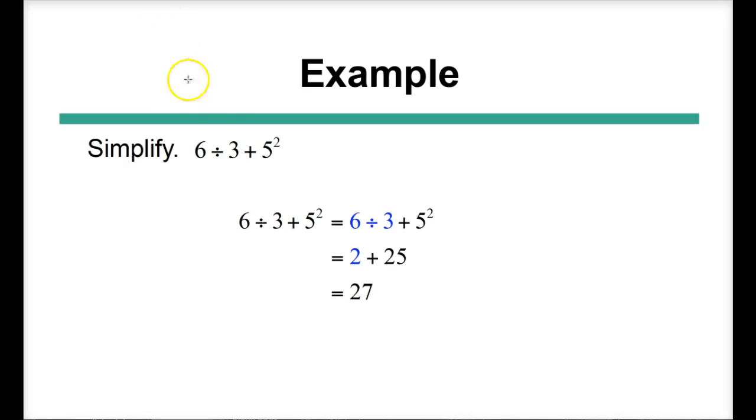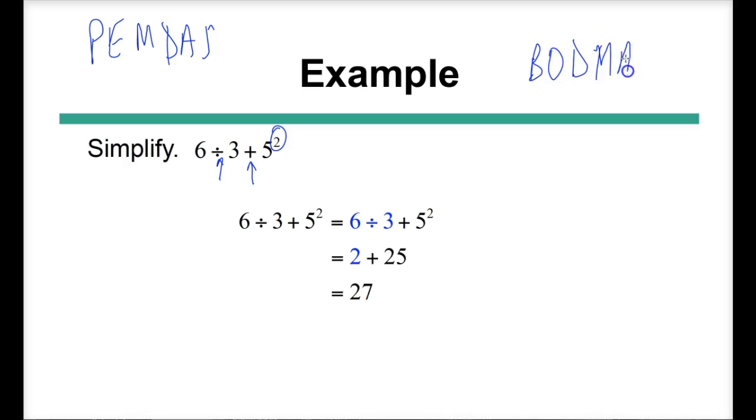Moving to our next example, we see that here we have to look in between whether we need to do division first, addition first, or exponent first. And according to our acronym for order of operations, PEMDAS, or BODMAS, depending upon which one you use, we see that we need to do the exponents first, or the other things first. And so that's why when we come here,